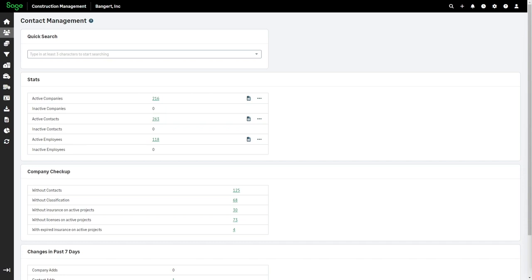So I want to take a look at how to go in and set up those preliminary things there. It doesn't necessarily have to be preliminary. You can always come back and add it after the fact, come back and code your contacts or companies to those different levels depending on what you've got set up. Right now, I'm just in my main menu of contact management where I see a list of all my active companies and things of that nature. I'm going to go up to the settings tab, the little gear at the top, so that way I can get into the settings.